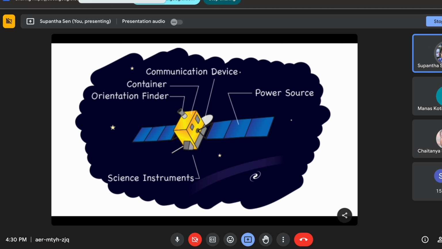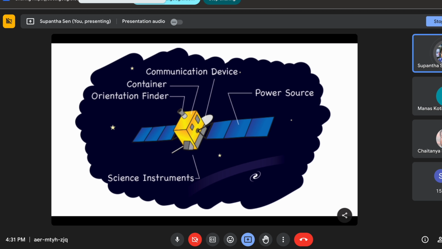But in a satellite you won't get this much space to put the antenna. Even if you do, you can't launch it, because while launching many things come into play, like the weight of the satellite. So there comes a challenge: you have to make a small antenna, but it has to pump that much energy. Some very marvelous engineering antenna designs exist for satellites, different from the ground antennas we are seeing.